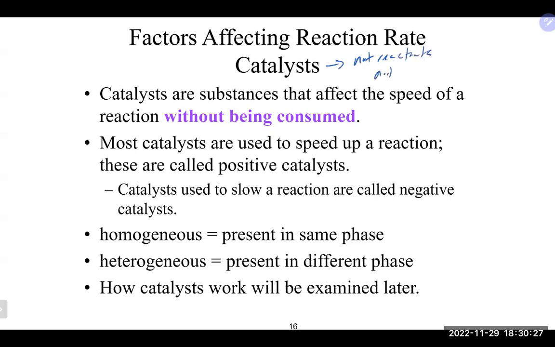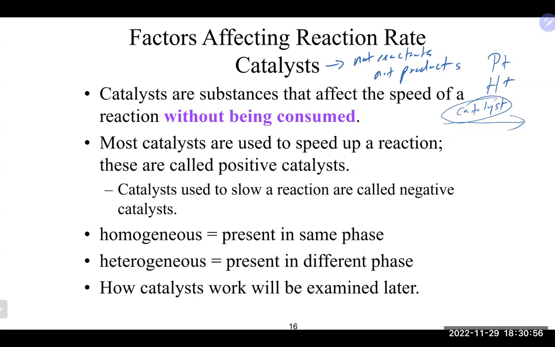They're not products. They're there simply, in most cases, to facilitate the reaction occurring faster. They typically are found a lot of times in reactions or equations written on top of the arrow. So maybe it's a metal, maybe they write something like H plus on top of there, maybe they put a metal or something like that. And these catalysts do not get used up in the reaction, but they really do just sort of facilitate it